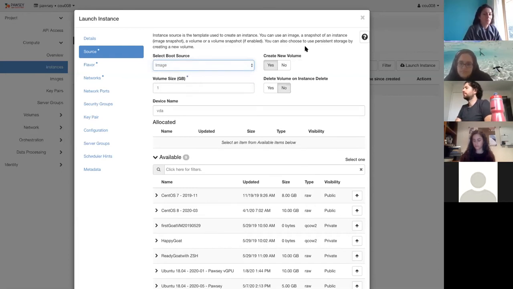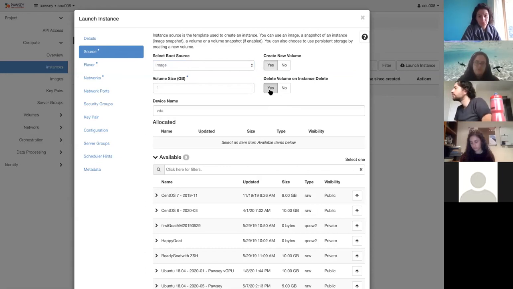We want create new volume, yes. The one below it, delete volume on instance delete. We recommend you do yes, okay? And I'll tell you why, because if you're deleting instances, which you will be, that's kind of the strength of cloud, being able to create and delete instances as you will. The root volume, if you don't delete it, will hang around and it'll start taking up quota on your project,